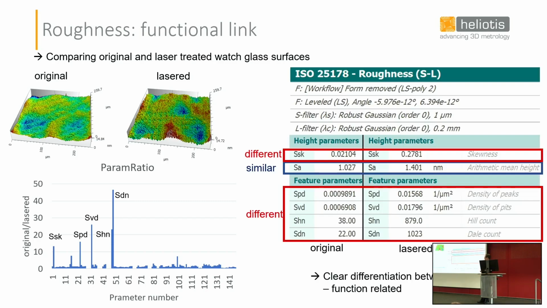And you will find that certain roughness parameters don't change that much. However, others change a lot. So now this is just n equals 1 sample, and that's why we took the ratio. And you can see that, for example, the very much used Sa value is not that different. However, certain values are. And now if you just focus on those, you can indeed verify how well the manufacturing